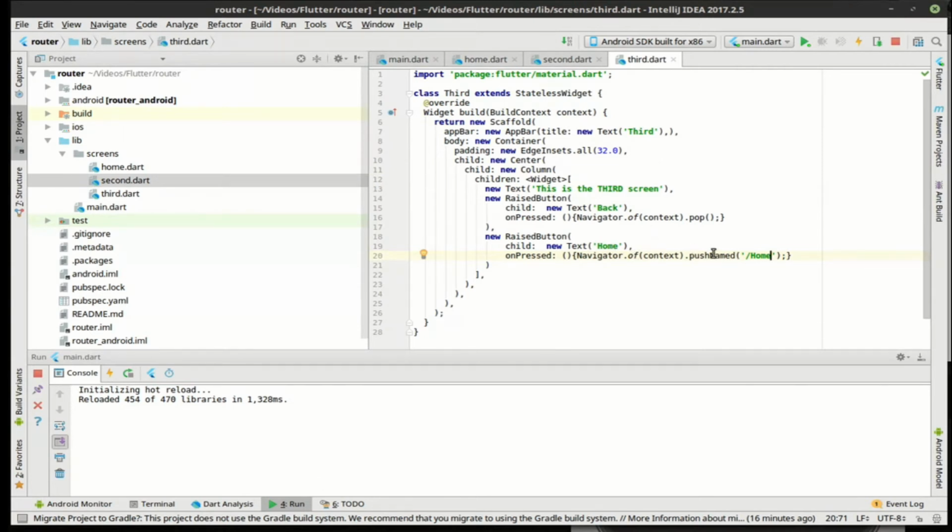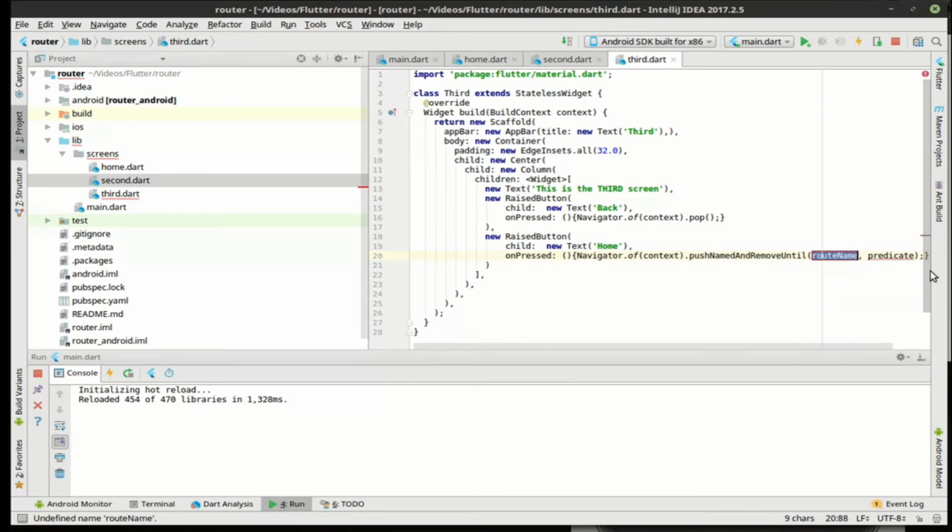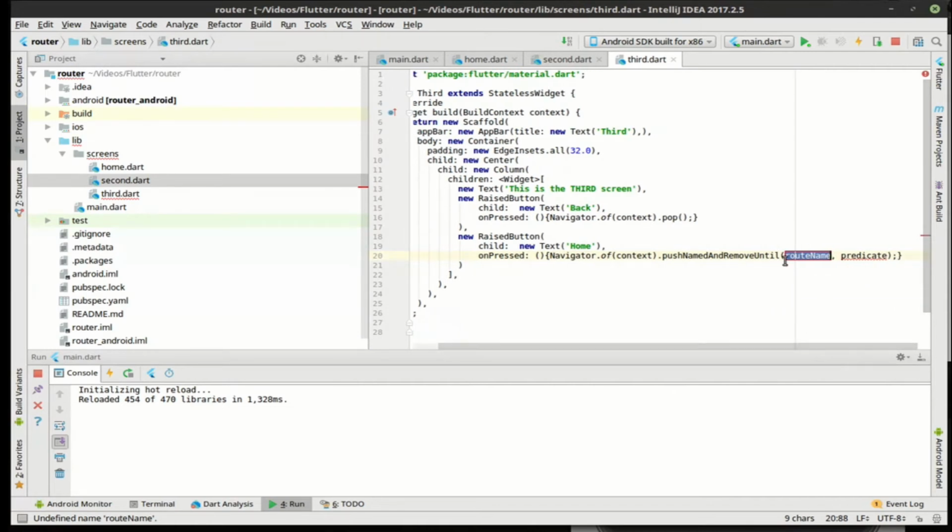And instead of push named, what we're going to do is dot, and this is a little bit of a long one. It's called push named and remove until. Wow, that's a long one. So what this bad boy does,